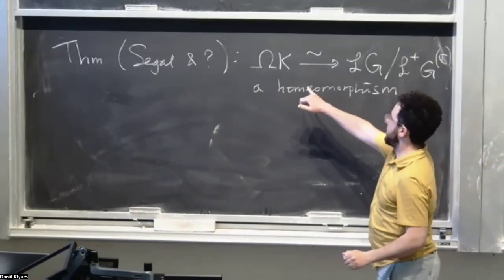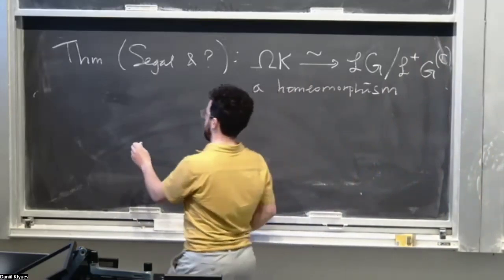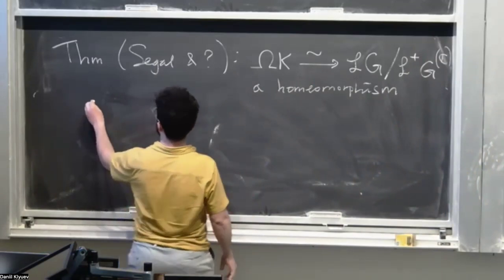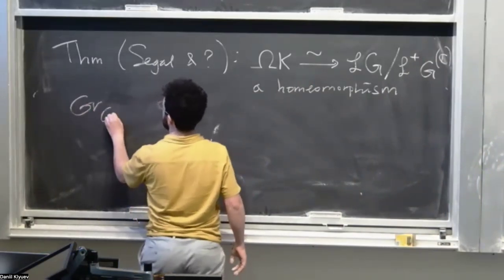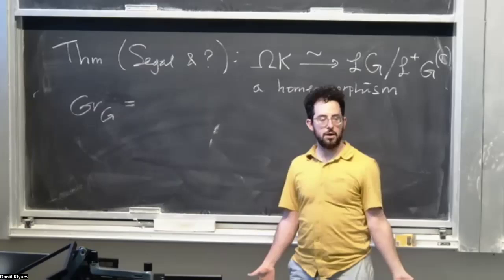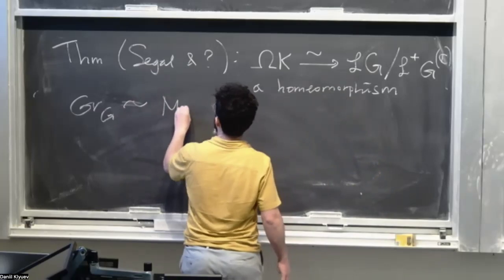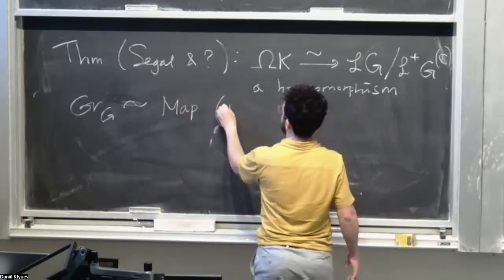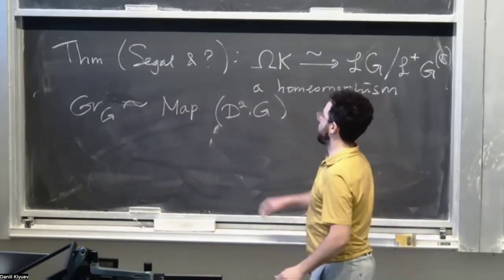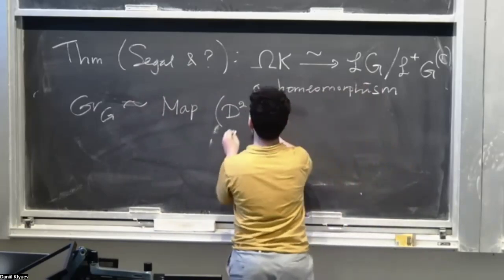And maybe I'll give just a small intuition for why we expect that to be true. So let's say, our definition of the affine Grassmannian was a G bundle on a disk and a trivialization on a punctured disk. So this is topologically the same as a map from the disk, D2, to BG, sorry,